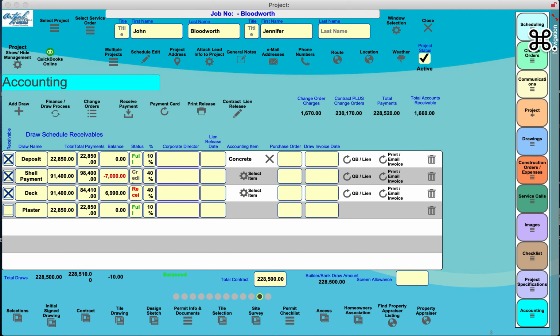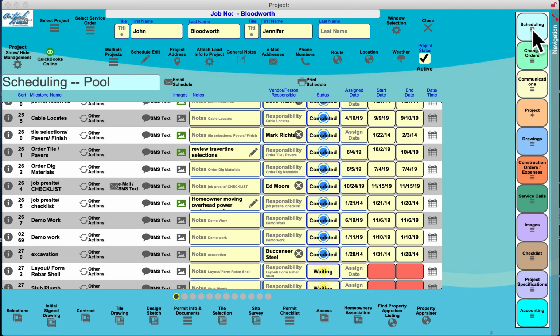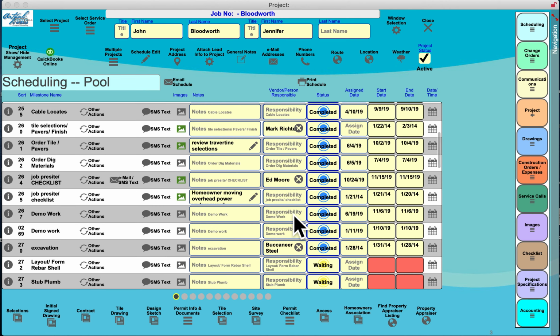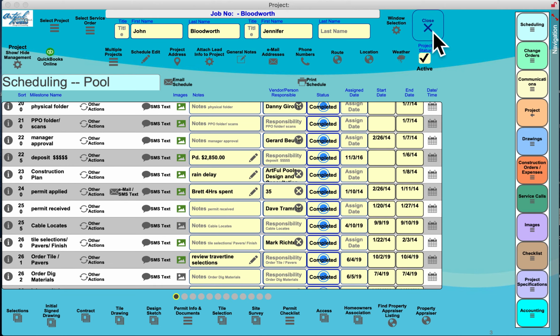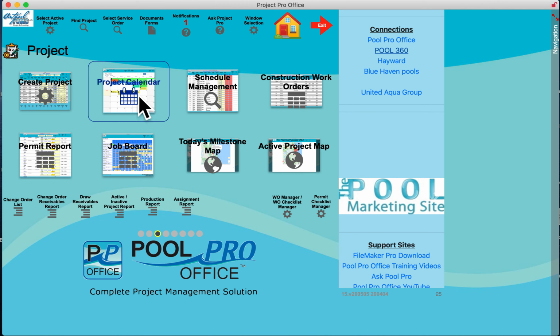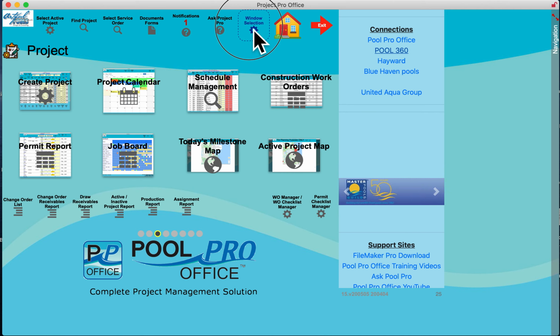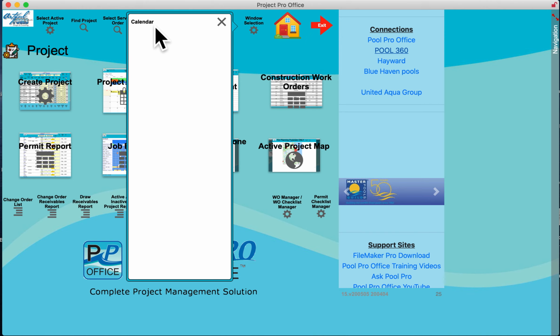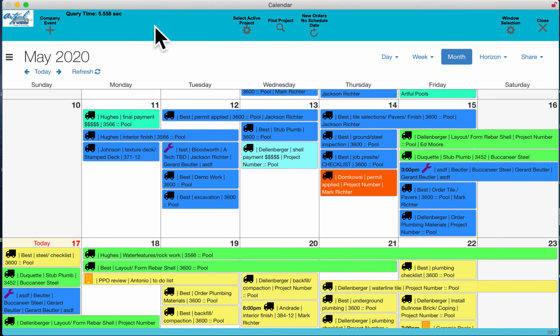So this project folder includes everything you could imagine about that client, stored all the documents, tracked every process along the way. Every time you scheduled out of this project folder, it synced with the wonderful ultimate project calendar in Pool Pro Office. And since I can work in multiple windows, I can go to my calendar in the background